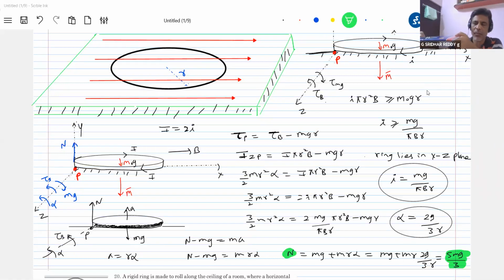So the acceleration of the center of mass: N minus mg equals ma, the translated motion. It will not stay like this; it has to tip totally. Look at the center of mass now. Earlier it is here, after some time it will come here. So the center of mass is going to undergo displacement. So there we are writing translated motion here.